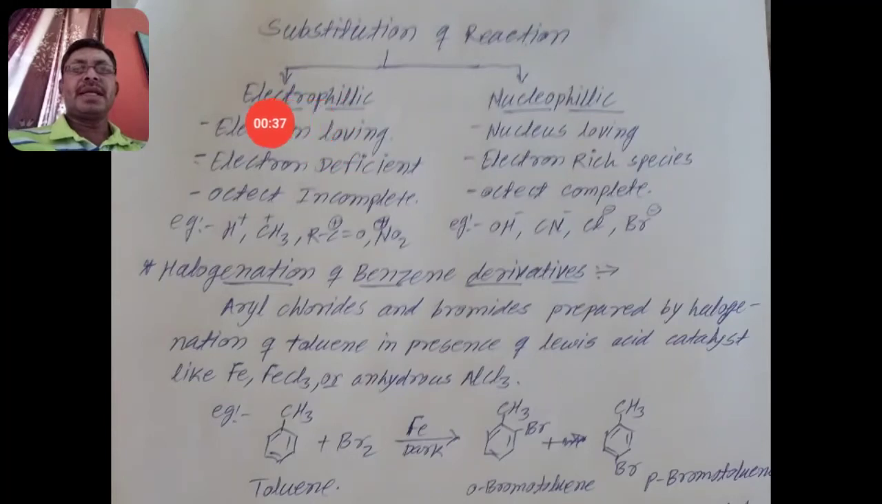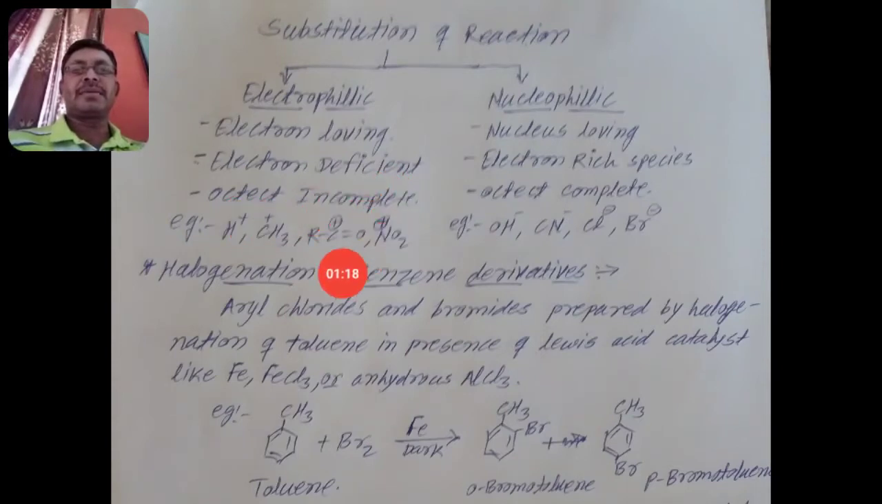Electrophilic means electron, philic means loving. That is, electron loving species are known as electrophiles. Electrophiles are electron deficient. That means they have a smaller number of electrons in their octets, so these are known as electron deficient. Their octet is incomplete because they have fewer electrons, so the octet of that